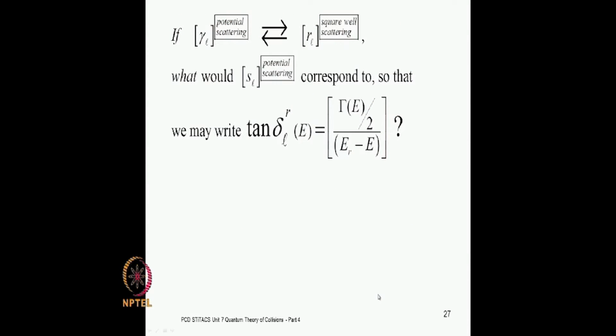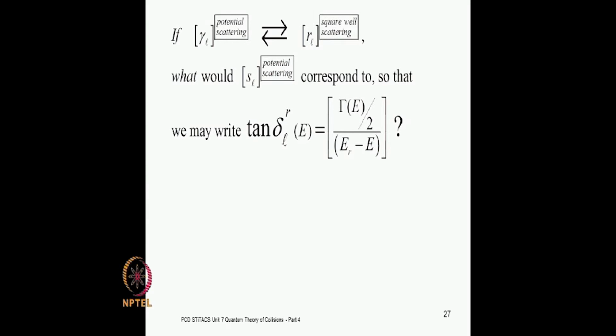What we will do now is carry forward the same interpretation: if gamma being set equal to R works for a scattering potential, and if we were to extend this correspondence to other cases also, when you have a potential which is different from a square well potential, then